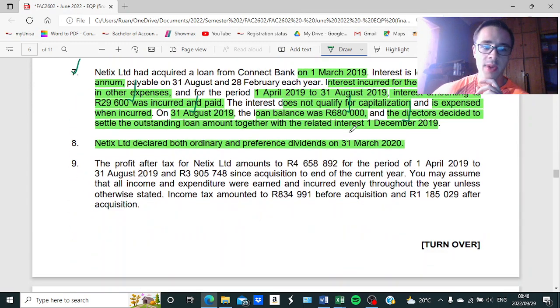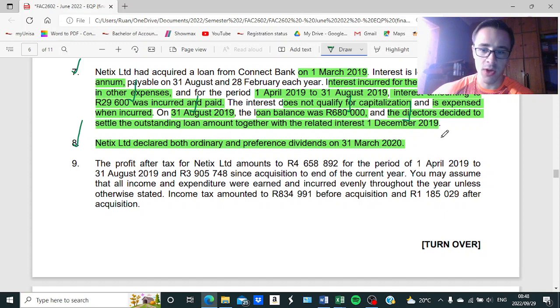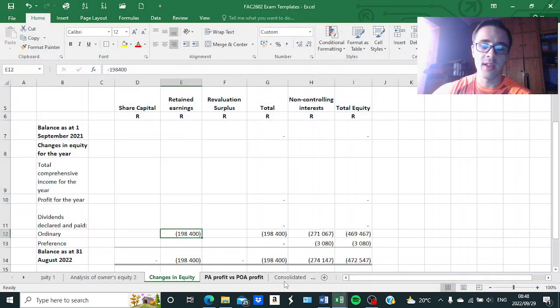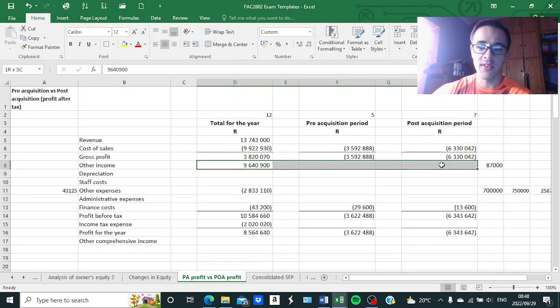Okay, now we get to the final point, point 9, which gives you the profit after tax for both periods. You may assume that all income and expenditure were earned and incurred evenly throughout the year unless otherwise stated, and then they also give you the income tax expense amounts for the pre and post acquisition periods. Okay, so now that we are done with all the adjustments, we can allocate the remaining amounts evenly between the